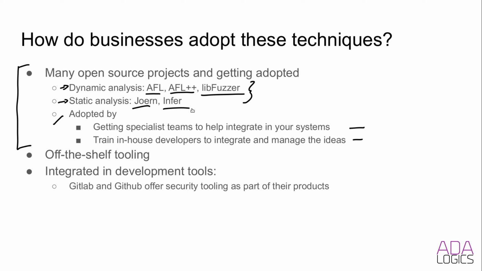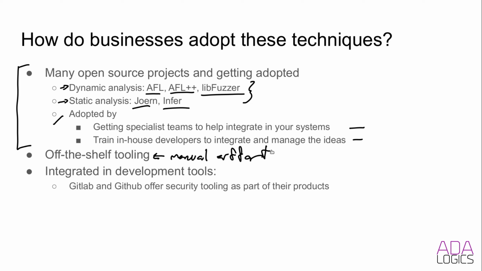automated vulnerability analysis techniques. There's also all off-the-shelf tooling, which is also one of the ways that businesses often adopt these techniques. So there's a lot of players that offer these off-the-shelf tooling where you can essentially buy the product from a vendor. And loads of the vendors I mentioned previously on, I think 2 slides ago, offer this kind of off-the-shelf tooling. But there will often be some level of manual effort